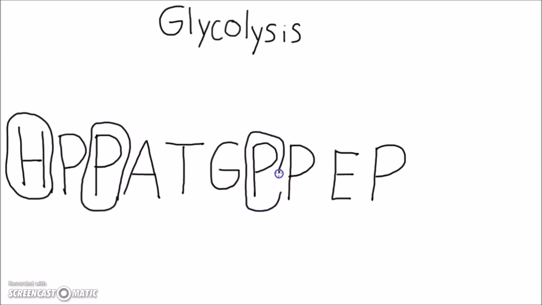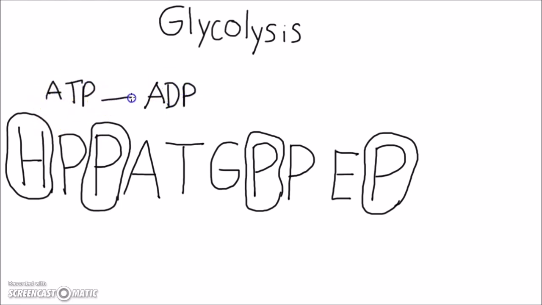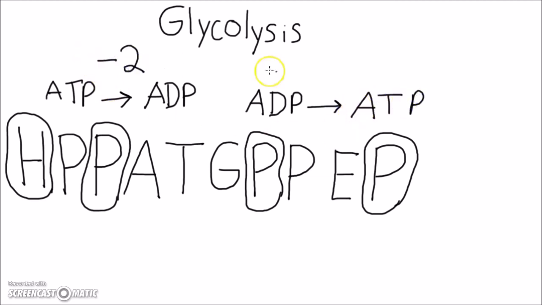The third one is phosphofructokinase 1. Seventh one is phosphoglycerate kinase, and the 10th one is pyruvate kinase. All of these have to do with ATP. So the first two are converting ATP to ADP, so they're using energy. The second two are converting ADP to ATP, so they're gaining energy. The first two subtract 2 ATP, and the second two add 4 for a net of